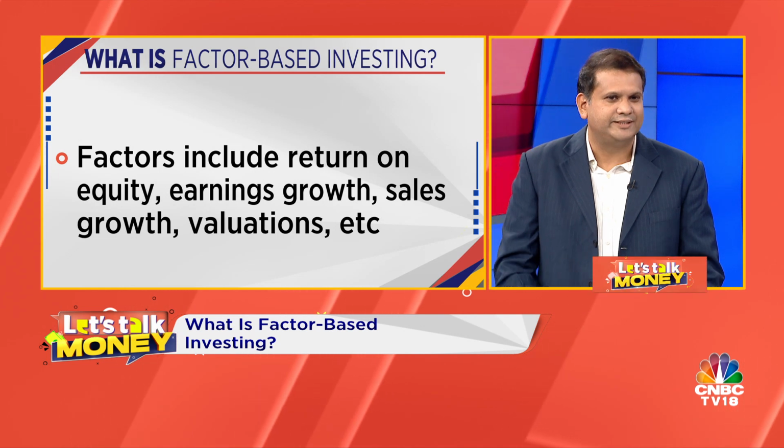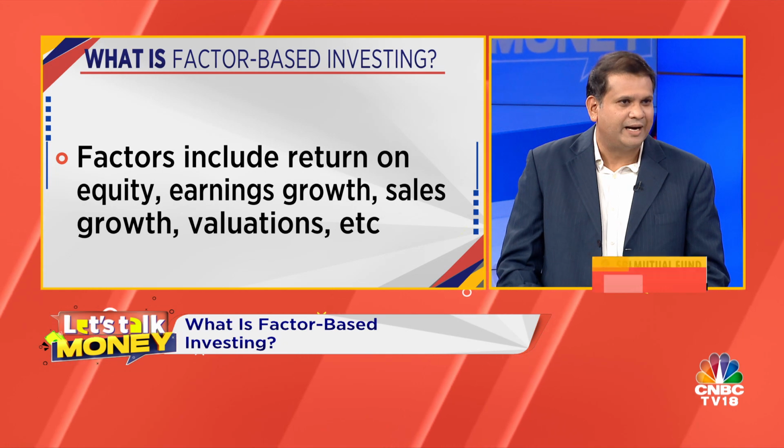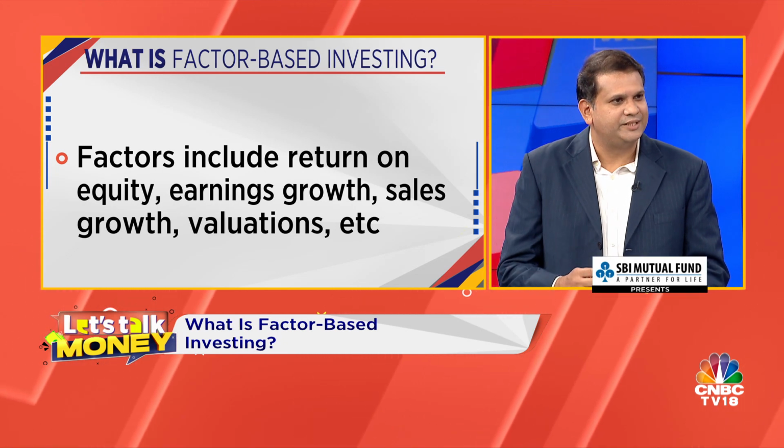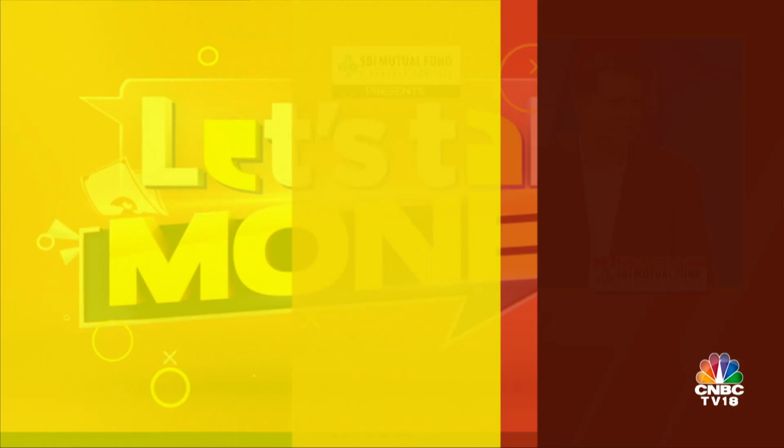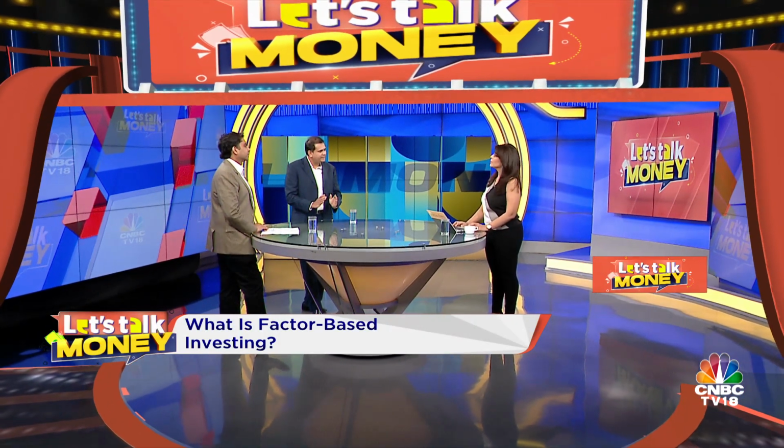If, for example, I'm interested in looking at companies with low leverage, I'm going to cluster all low leverage companies into one bucket. I don't care whether it is a technology company, consumption company, or a healthcare company. And I'm going to look at it together and analyze that. That is all we are doing. That is all what is called a factor. It's a different way of looking at companies, a different set of filters or a different lens that you put. Instead of maybe size or a certain sector, like you said, it could be different attributes that we are considering.